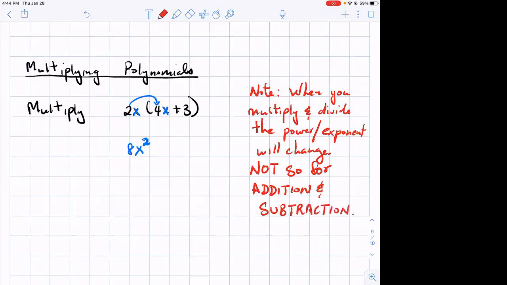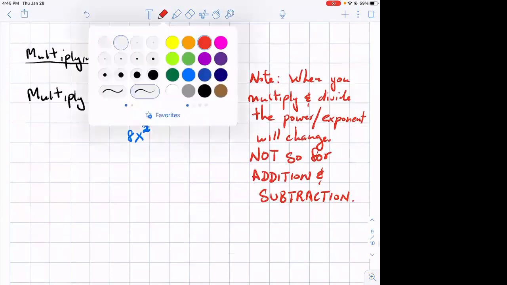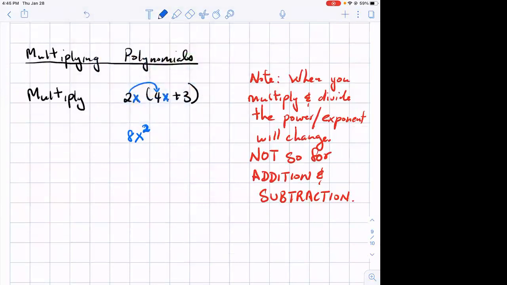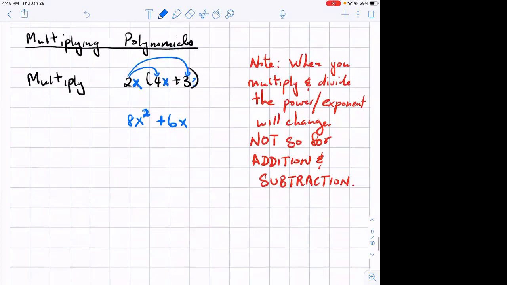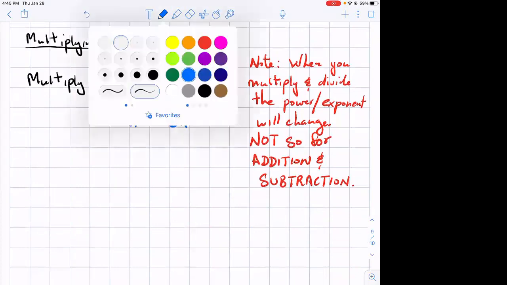Okay, this is not the case. So if you multiply again, 2 times positive 3 becomes positive 6, and then x here, and there's no x over here, so it just becomes the x come down. So when you multiply, the power changes. If you look at another example,